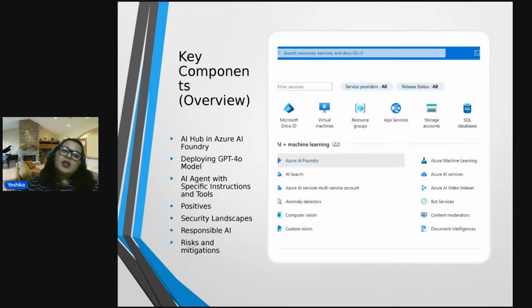Okay, so the key components, the touch base for today's talk, are listed and showcased. First, we'll be heading towards the AI Hub in Azure AI Foundry, and then we'll be catching up with the details of what generative pre-trained transformers we can create. That was the full form of GPT. There are multiple models that we currently have for GPTs.